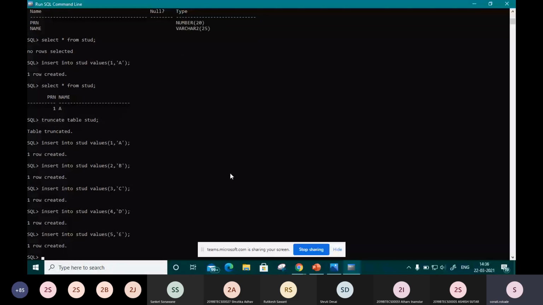Now the next command is the select command. I want to check all the data present over there. I want to see all the data present in that truth table, so I will pass the select command. Right now I want to retrieve all attributes present. How many attributes are present in our table?